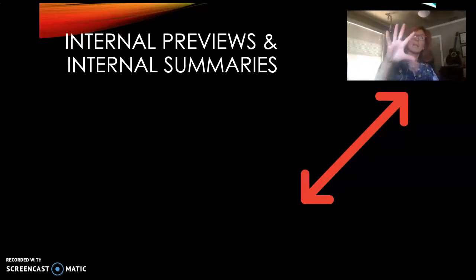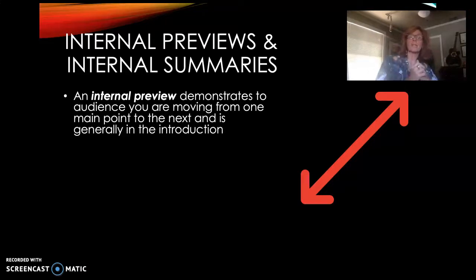So within the discussion of signposts and transitions, we have this thing called internal previews and internal summaries. What is that? So I want you to think of what the word preview means. Something you say before something happens. Okay, you can break it down. Pre means before, preview. An internal preview is actually something that we're going to see usually within your introduction. Right before you launch into the body of your speech, you're going to preview for us what your main ideas are. What are you going to cover today? How are you going to talk about